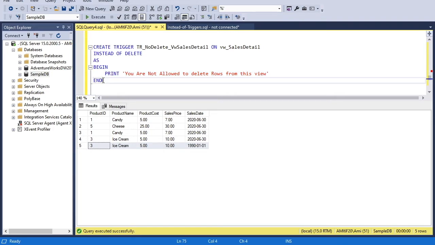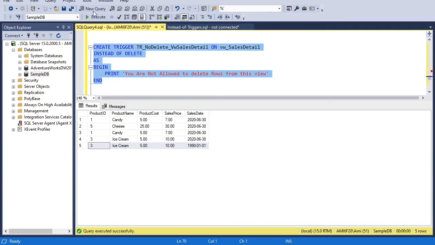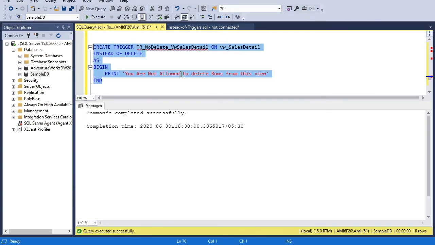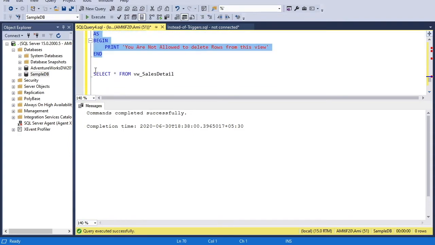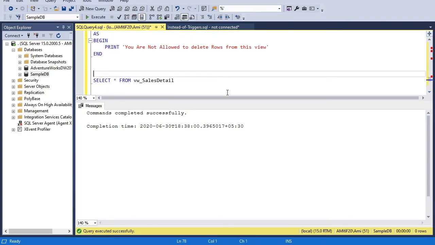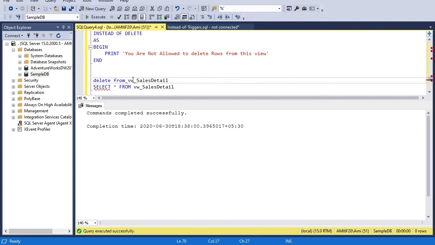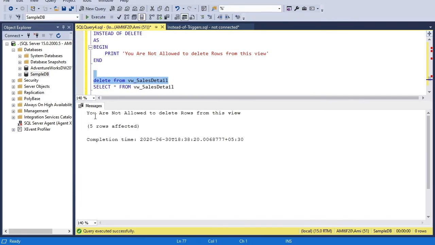So if I execute this, the trigger has been created, and let's say if I fire any delete statement on the view, delete from and the view name, then what will happen? You will get a message, you are not allowed to delete rows from this view, and the 5 rows affected.